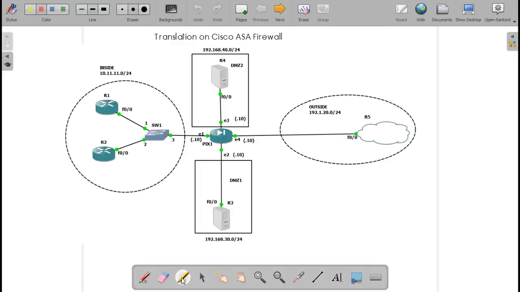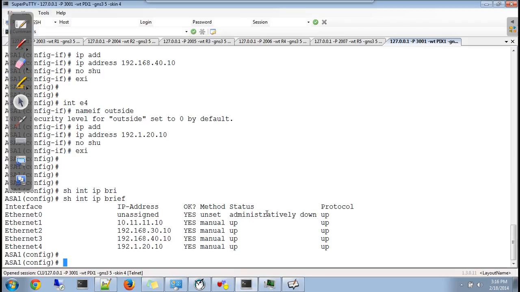You are on the firewall, so ping all directly connected interfaces, which means you can ping this, this, this, this, and this. If you are able to ping all of them, it means your connectivity is good. Till now you have done everything properly, without any mistake. If not, go back and troubleshoot it. Don't proceed until you can ping all the directly connected interfaces.